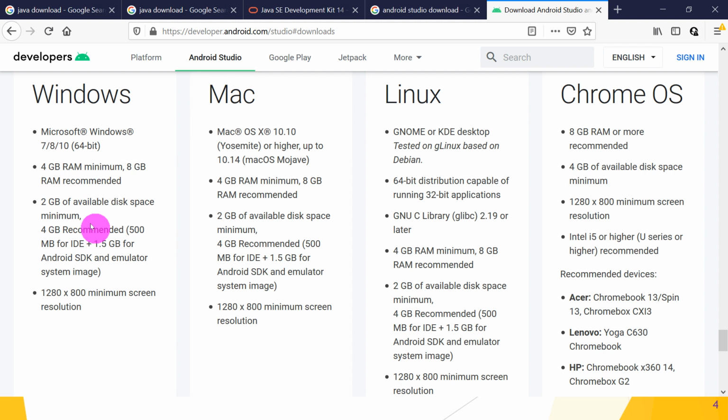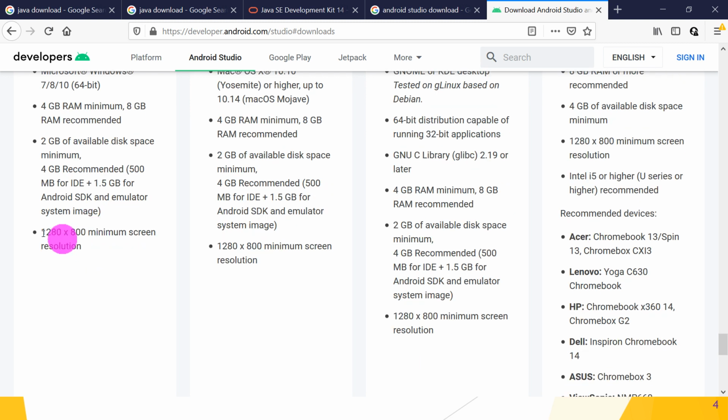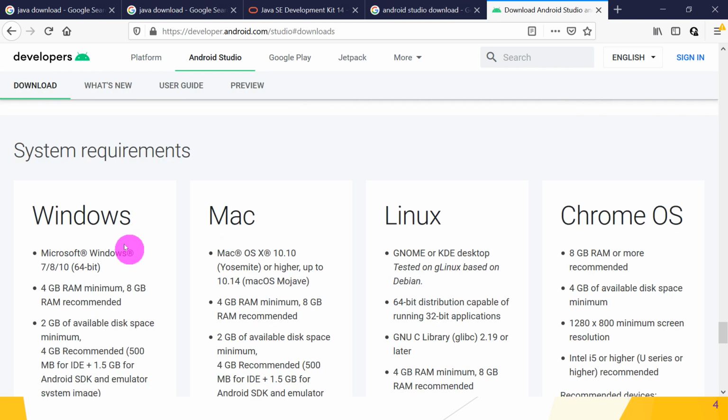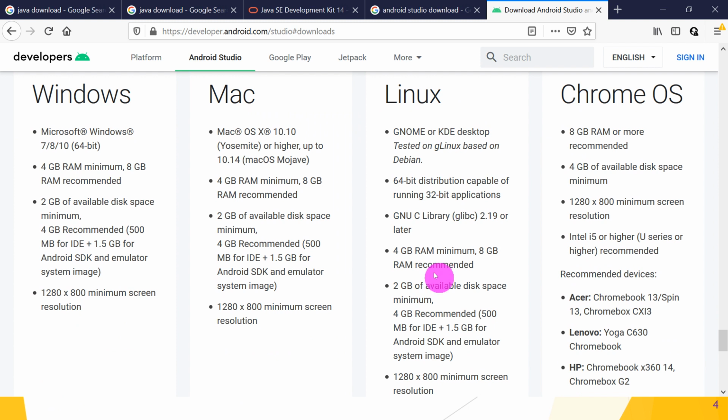So your Android applications run on the emulator very easily. Also, screen resolution of 1280 by 800 minimum is required. So this is the system requirement for the Windows setup of Android. Similarly, minimum requirements are there for Mac, Linux and Chrome OS.